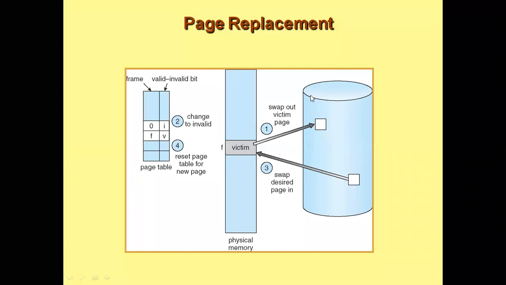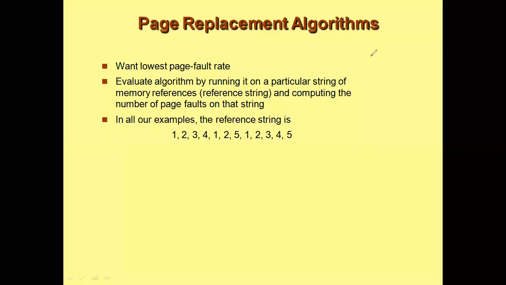Okay, now as I said, there are three algorithms in page replacement. There is FIFO, first in first out, and there is optimal page replacement. Then you have LRU, which is least recently used. So these are the three very important page replacement algorithms that you'll be studying. We will first see what FIFO is, which is first in first out. But before that, you should know what a page fault is. If a page is not found in the main memory, then it is a page fault. So the purpose is to reduce the number of page faults, fine.